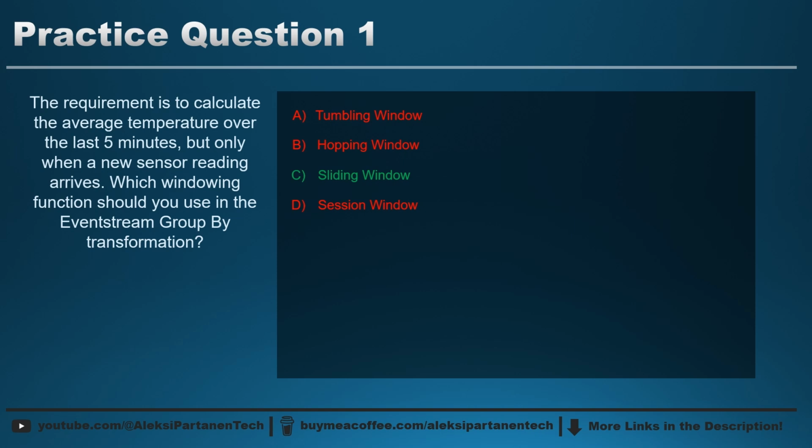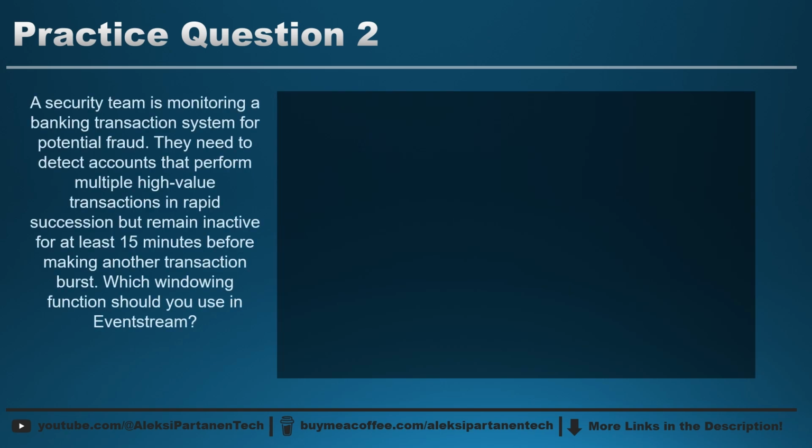Let's have another question. A security team is monitoring a banking transaction system for potential fraud. They need to detect accounts that perform multiple high-value transactions in rapid succession but remain inactive for at least 15 minutes before making another transaction burst. Which windowing function should you use in Eventstream? A, tumbling window, B, hopping window, C, sliding window, D, session window. Now think about the answer for a moment and pause the video. I will reveal the answer in 3, 2,